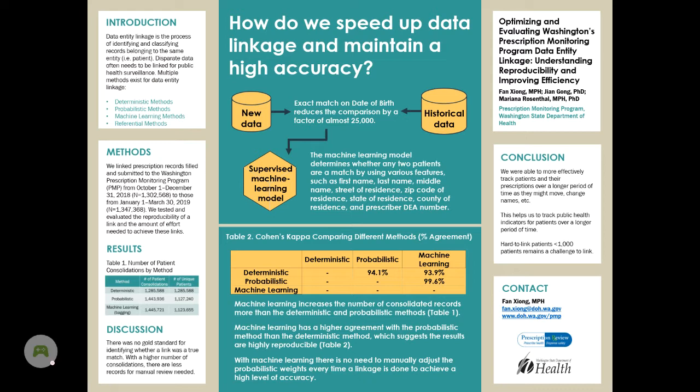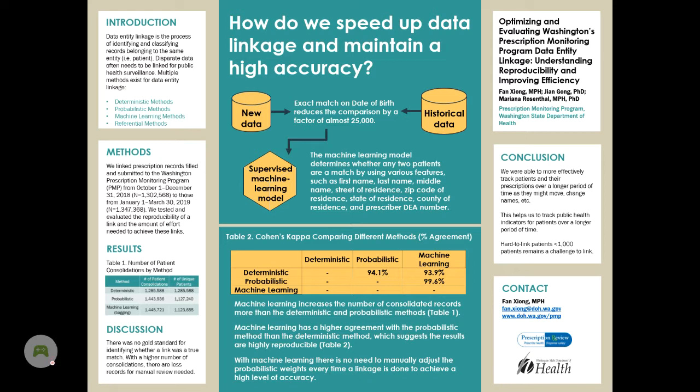What we did was take data from two different quarters of our PMP, the end of 2018 and the start of 2019, and we tried to determine which of these methods might lead to the most matches, so that we don't have to manually review as many records. But more importantly, how do they compare with each other? What you see in the middle is that machine learning and probabilistic were the two that performed